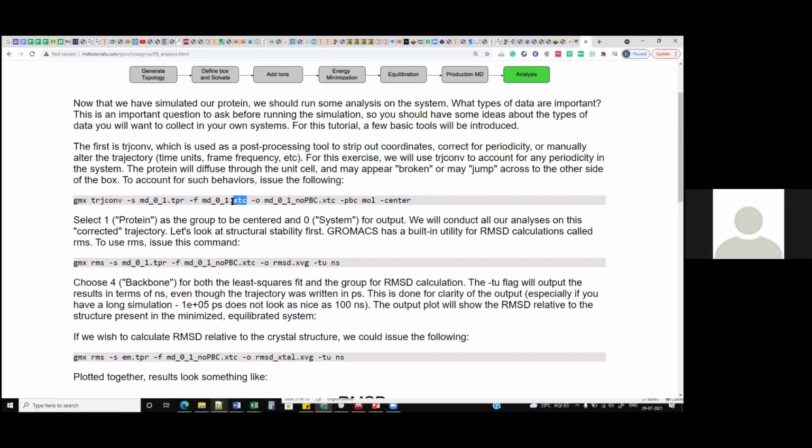Okay. So this is the actual trajectory file which we have got after successful completion of an entire MD run. And then you need to use it. You need to correct it for any periodic boundary condition. Now, if I want to explain the periodic boundary condition, it's a little bit tricky, but I will just try to explain it.